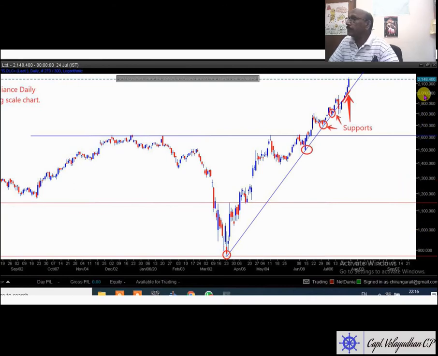This is log scale. Now I draw this trend line from this point to this point and extend it, and I saw that Reliance was taking support here. Even though it broke here, it again came back and it took resistance here. So the price is still intact, and it moved up again, acted as support again. Then currently the market has gone up. Let us have a look at another chart on Reliance.